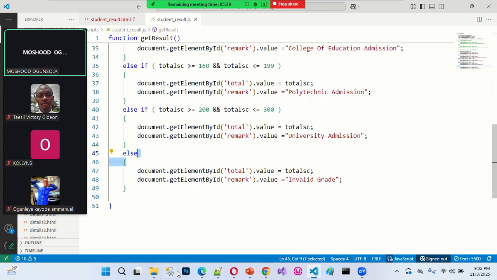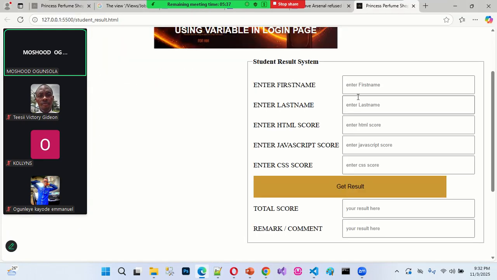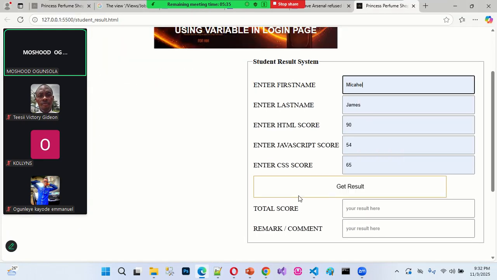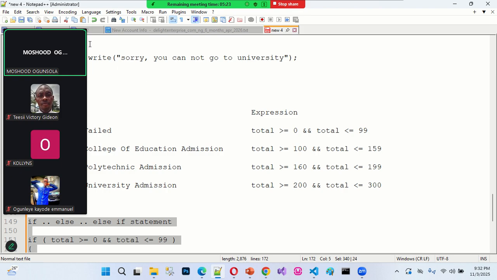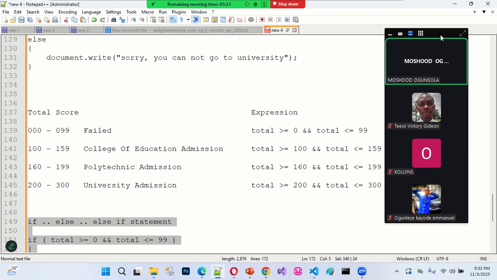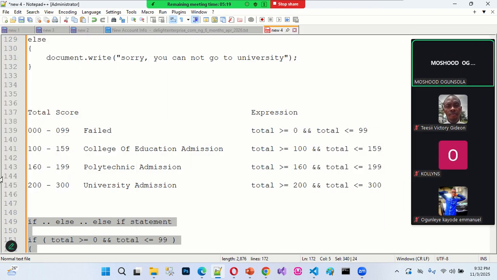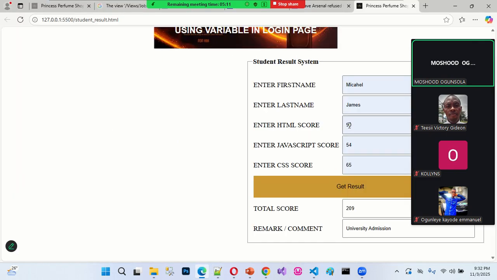So I can save this and return back here again. And Michael James again. I can actually get result now. Can you see 209 for Michael James? Because 209 is what? That means the score is more than 200. So if I return back here again, maybe the score is now changed